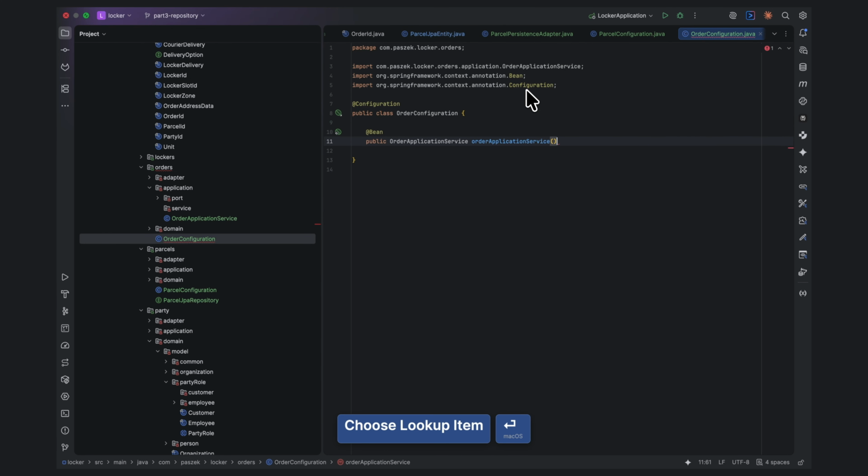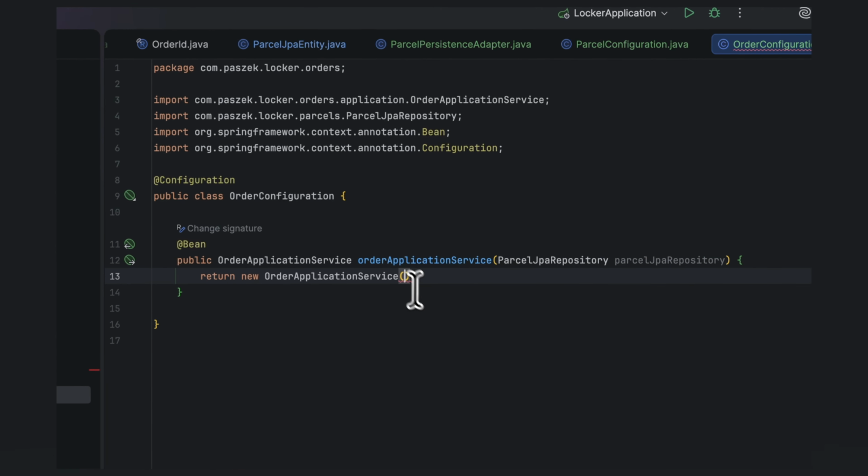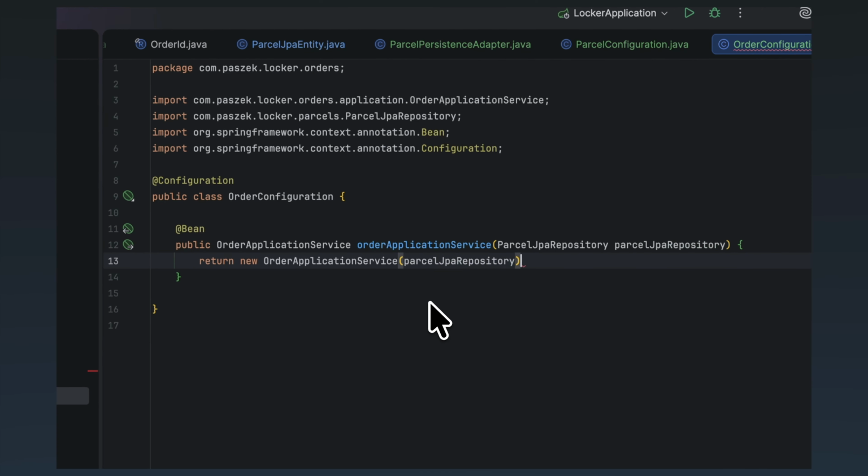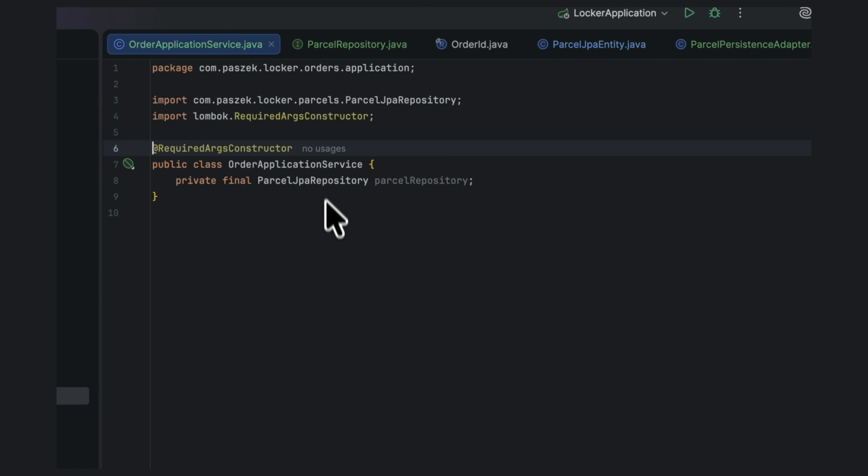So what we need to inject is ParcelJPARepository, for now. Okay, but we use a parcel repository. Parcel repository. Okay, now